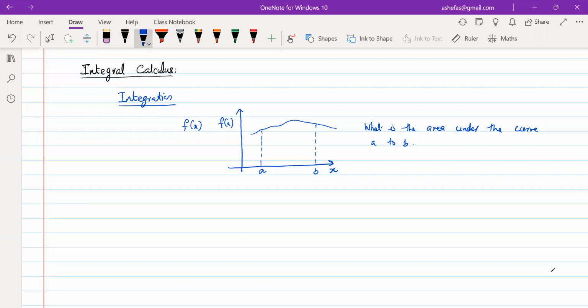Okay, so this area can be easily found by dividing this entire area into different small rectangles. Okay, so consider a line over here and the line. So each of this area separated by delta x width. Okay, and then